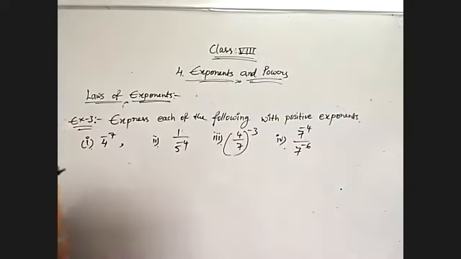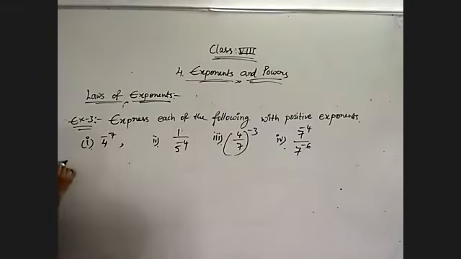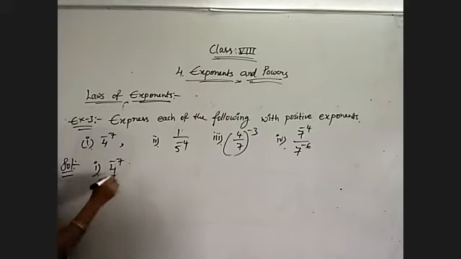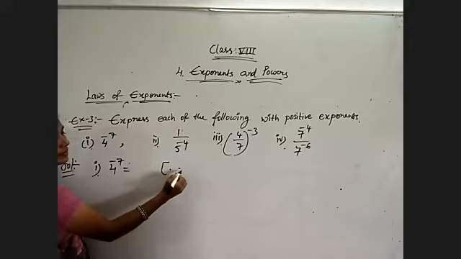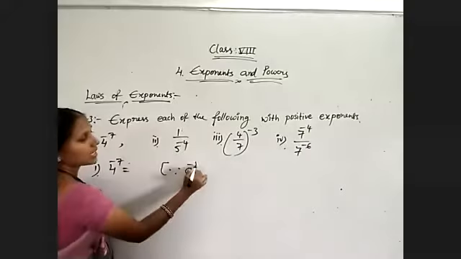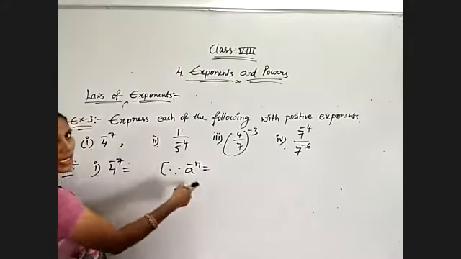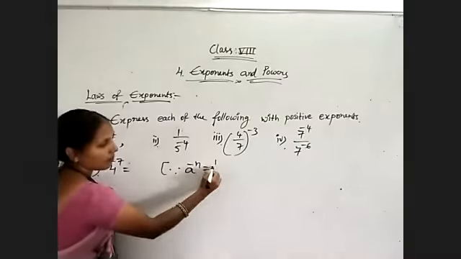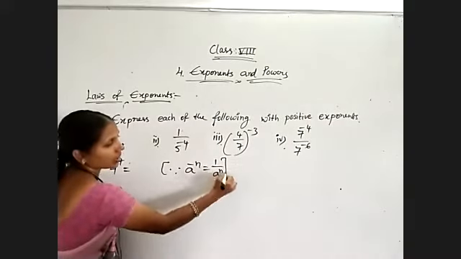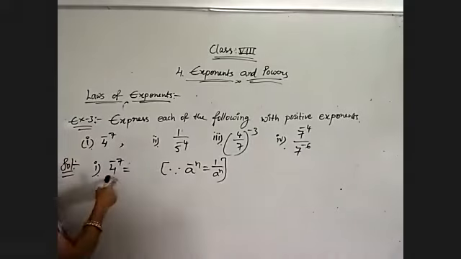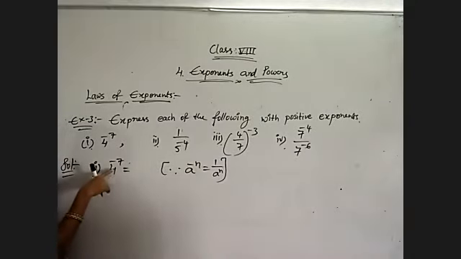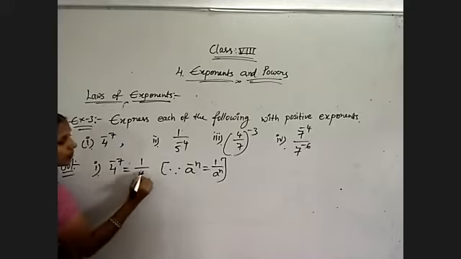So in this case, how do we need to simplify? Which of the identities are we going to use? See, first one, 4 to the power of minus 7. It is in which form? A power minus n. What is its right side value? That is 1 by a to the power of n. Yes or no? So instead of a we have 4, and n value 7 is there. That is 1 by 4 to the power of 7.